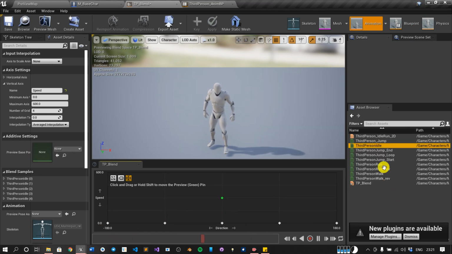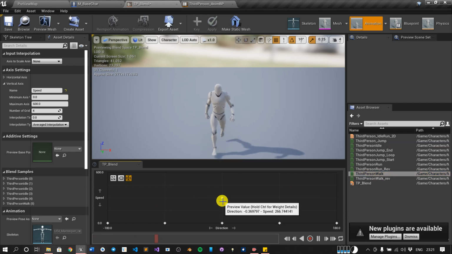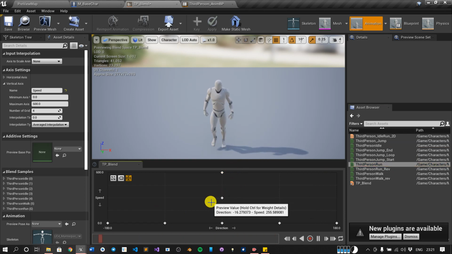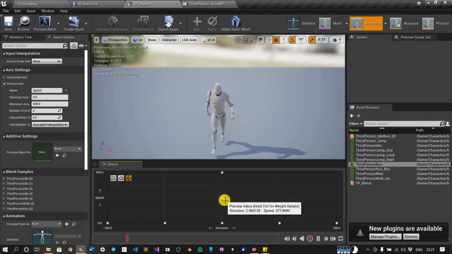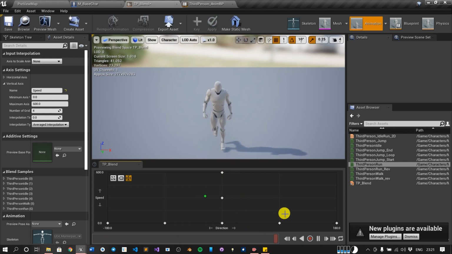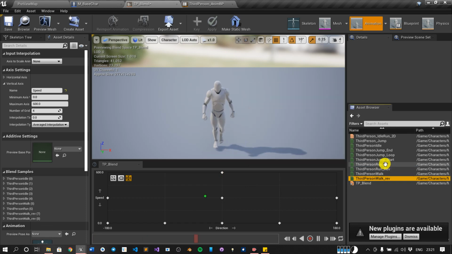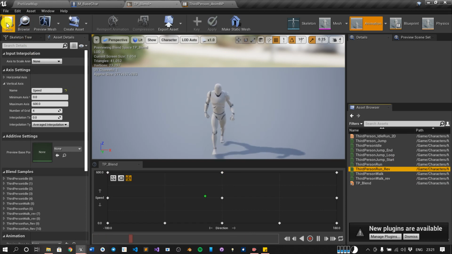Perfect. So in the forward direction, it will walk in the middle, like third person walk, and run at the 600. If we try to move this green dot at the 600, it is moving correctly. For the back side, 180 is the back side. So walk reverse we will put here and here, and run reverse we will put here and here. Perfect. Click save.